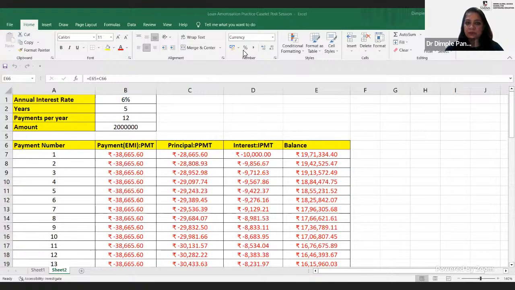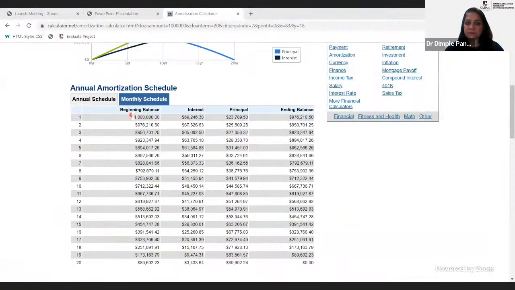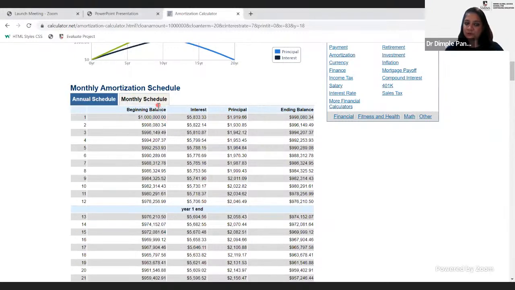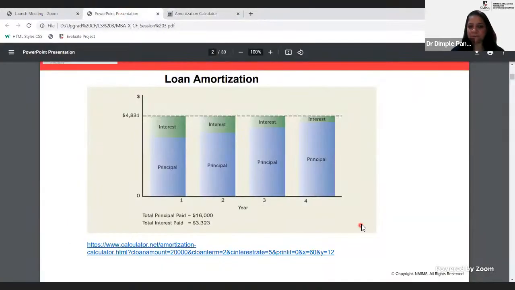using the calculator, where you get your beginning balance, that is the loan amount that you have taken. You want the monthly schedule, you get the monthly EMI payments for every year, interest, principal, and the ending balance. This I wanted to share with you because if you have any current loan, you will be able to put in the values and see for yourself how the interest and principal amounts in the EMI that you're paying to the bank work out,